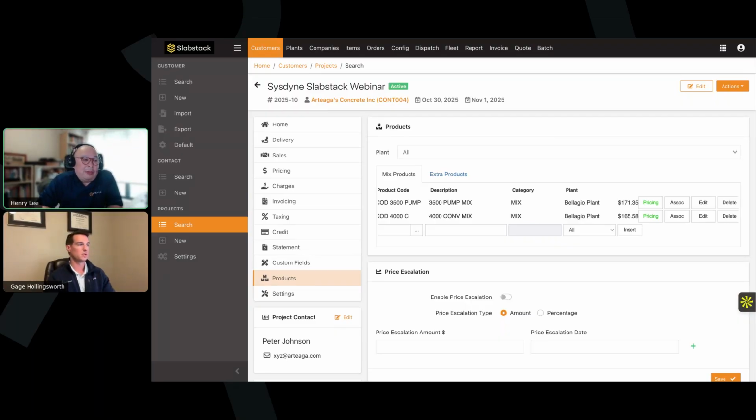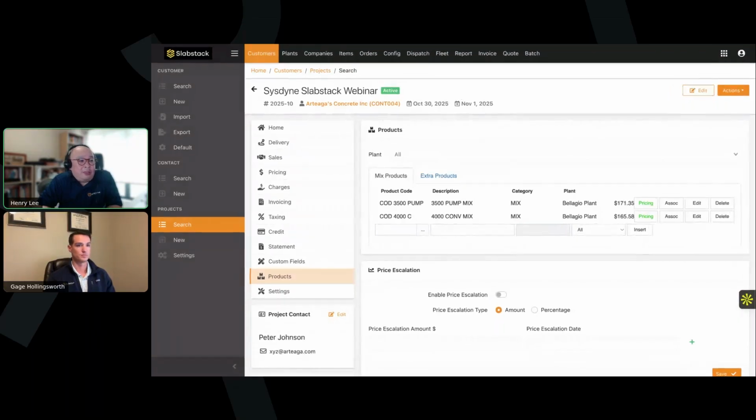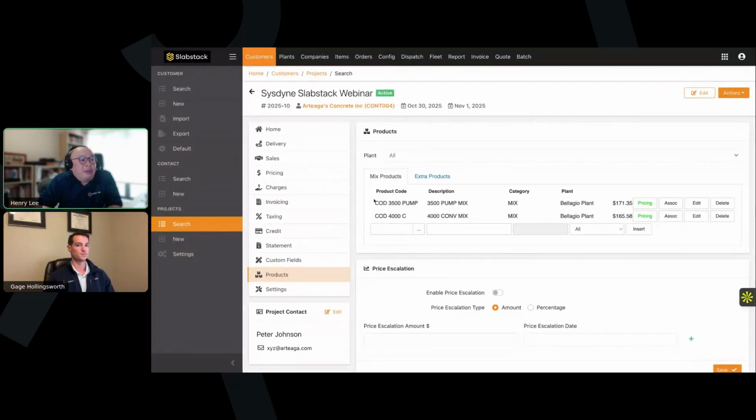In real time. This is not a PowerPoint. It's pretty much, you know, create a quote, accept the quote, approve it, push it down. Once we save it, automatically we'll push it down to the dispatch. We can see how the information will flow in real time with that project, with the product, with the pricing, and with the estimated quantity.